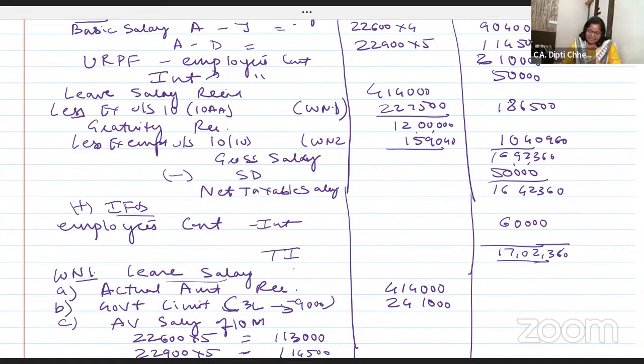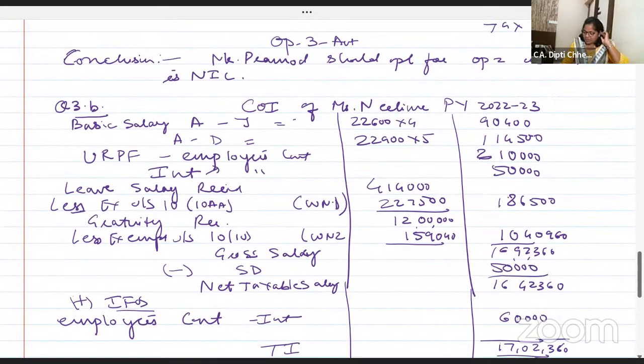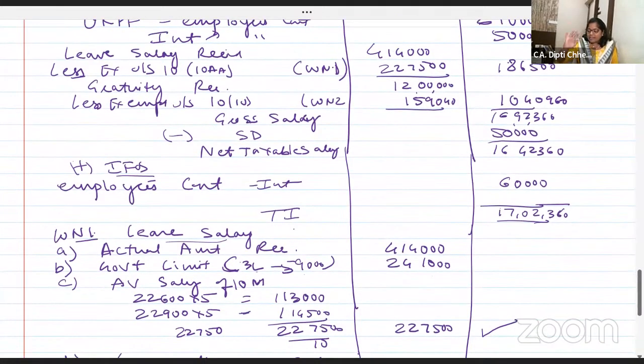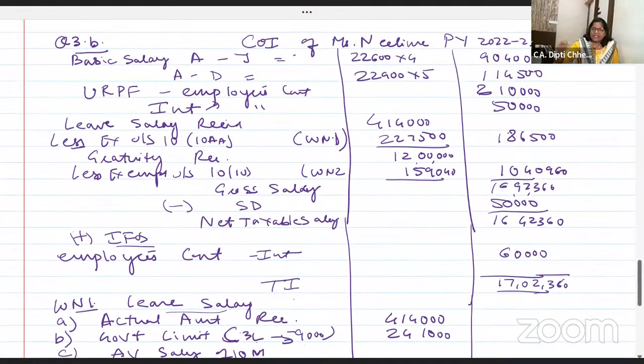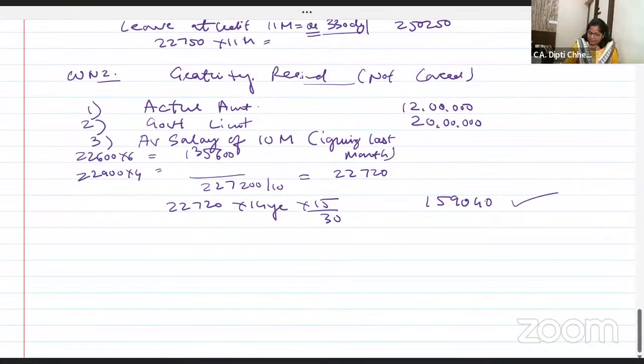If you say, ma'am, I did everything correct, but in retirement benefit I took full leave salary, तो ठीक है, main answer पे आपके फर्क नहीं पड़ेगा, even if you have taken here 3 lakh. But then step-wise marks will go. अगर आप बोल रहे हैं कि आपने 3 लाख में से माइनस नहीं किया और पूरा 3 लाख लिख दिया, तो your answer will not change. Your salary is correct, your total income is correct, but you will lose marks in steps. चलें आगे, right? And now because it's easy, let us